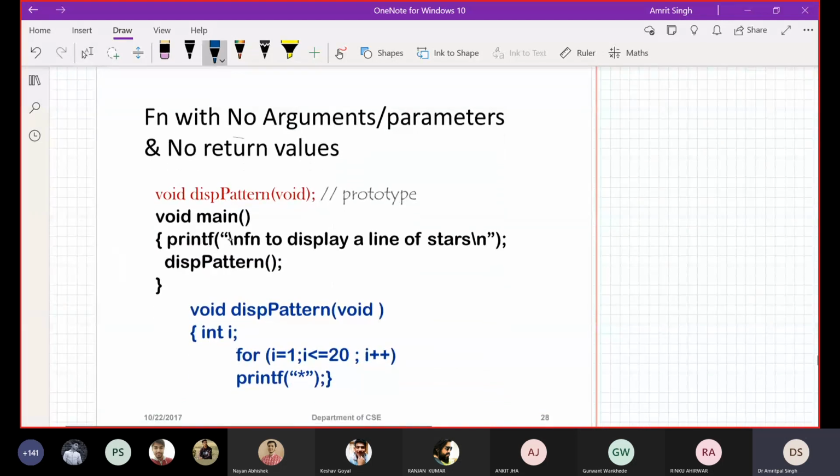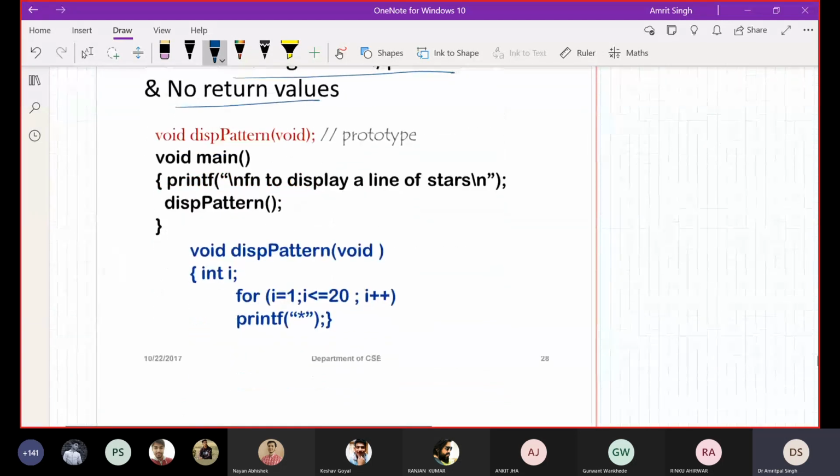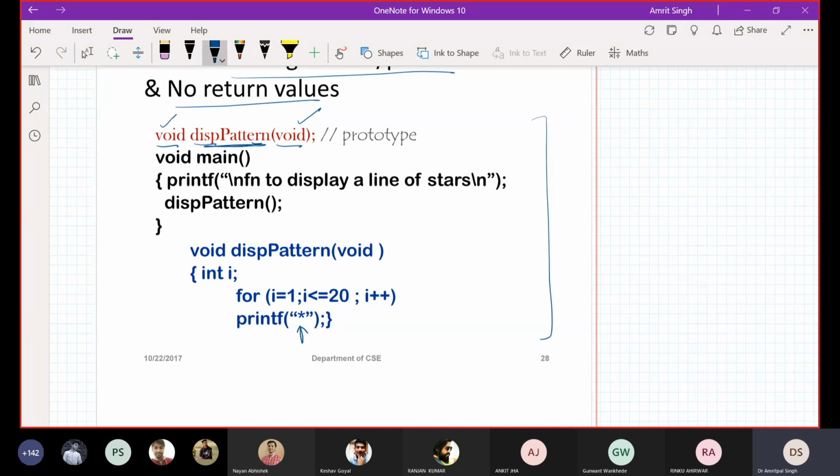Okay, so function with no argument, parameter and no return type. Simply I am using this. Void display pattern, this is the name of my function, void, no return type, no arguments. Simply I'm going to print. You can print anything, hello world, some pattern, it's up to you. But we are not providing any input, we are not getting any output from that particular function. So that is a very simple example for first time. Any doubt in this? This is equivalent to if you simply want to display here printf hello world. Good, that's all.